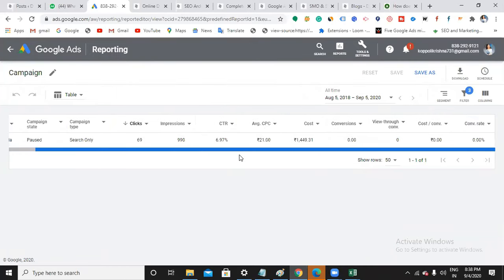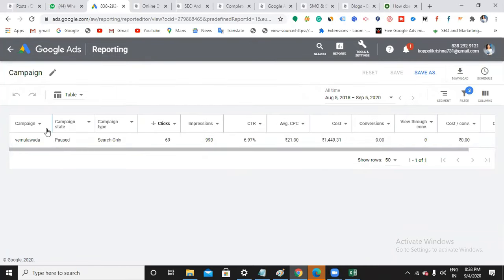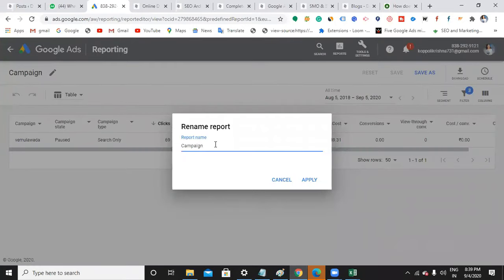You are generating a report for only one campaign. You can save it or download it. Click on Download, give it a name, save it, and send it to your client.